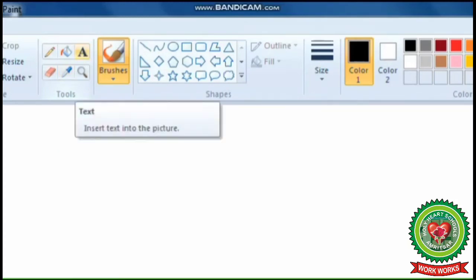Now children, next is text tool. Text tool is used to insert text into the picture. You all have done these tools in the previous class. So here the next is magnifier tool. Magnifier tool is used to enlarge a part of the drawing and you can see it more closely.